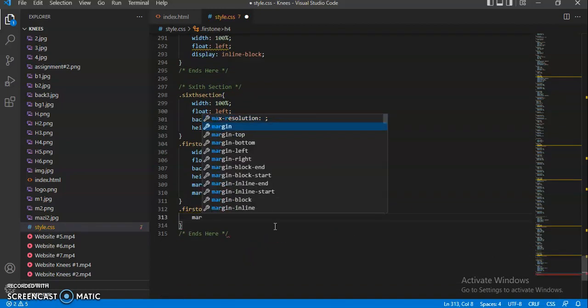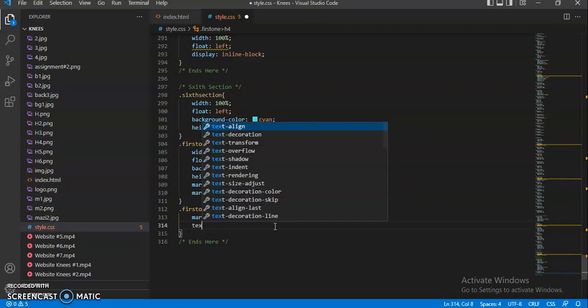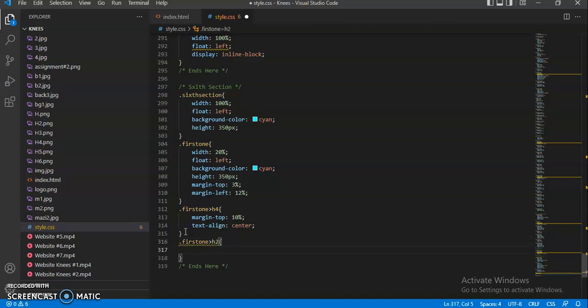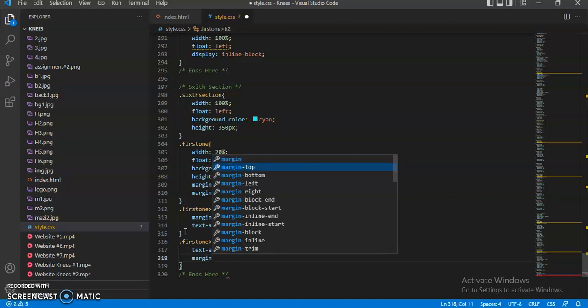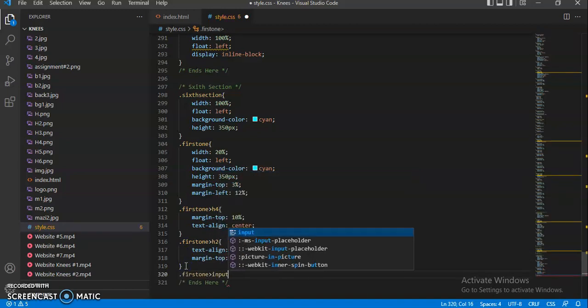Margin top, first of all, I'm going to add the margin top like 10%, text align, center, paste it right here, heading 2, and heading 2, text align, center, margin top 3%, paste it right here, input,